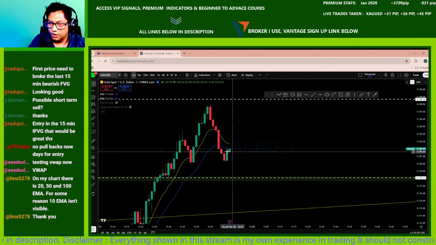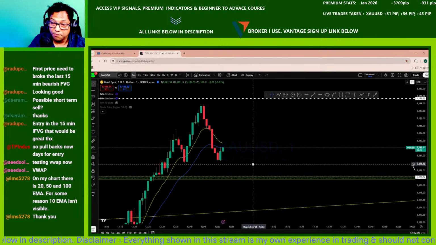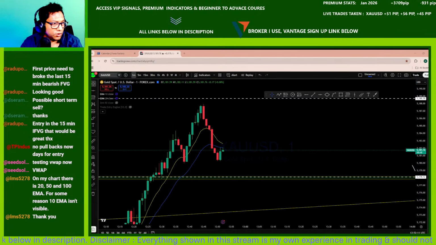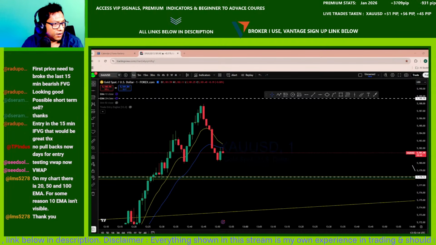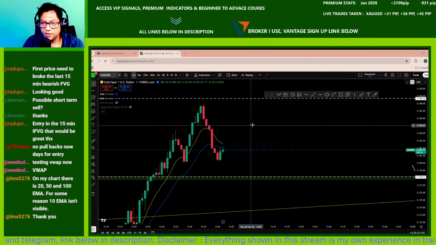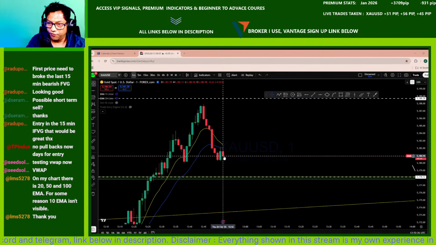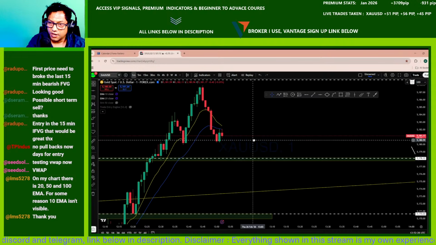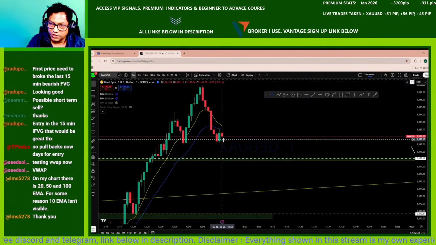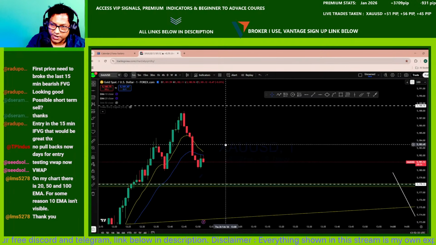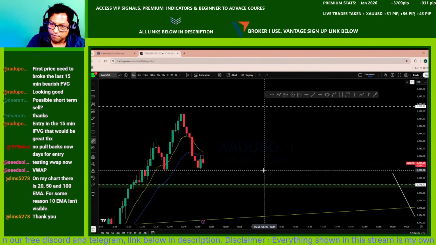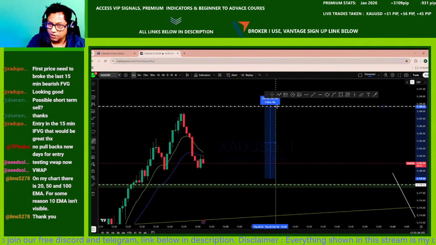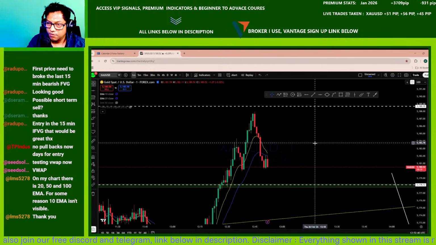All right, so this is a break of structure. I'm preparing for a possible entry, but you want to see further confirmation before you look for that entry here. You want to see that the market has shown significant strength at this level here now, and if it is breaking below, getting the rejection back above, we will be looking for a buy entry for at least a 200 pip potential move.